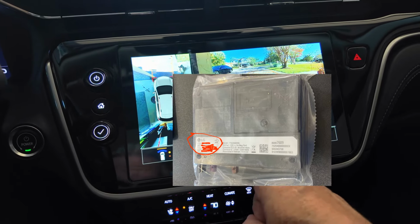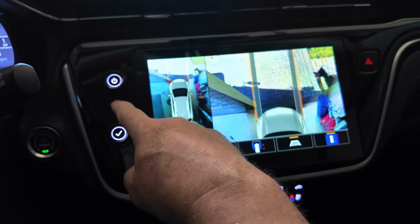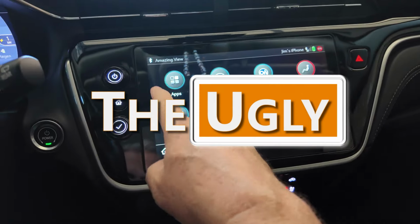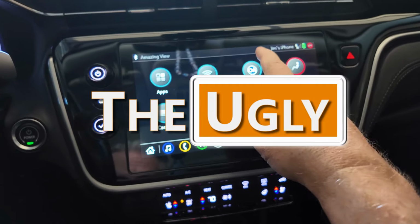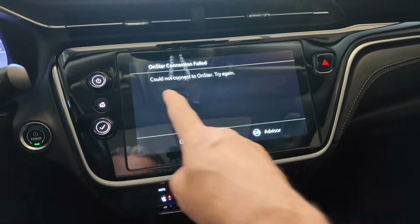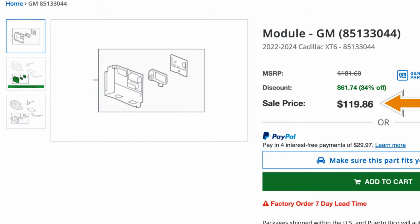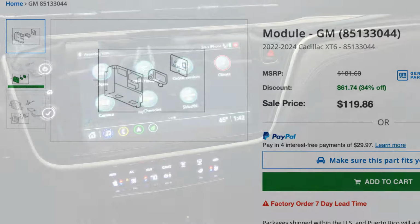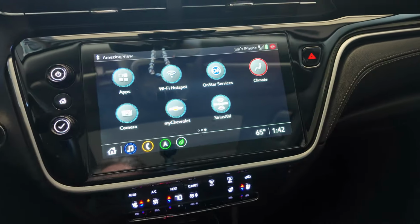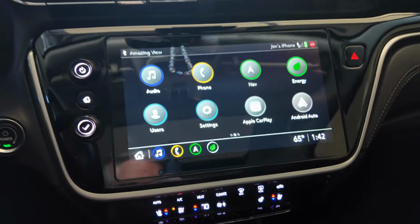And that leads me straight into the ugly. The bad thing is that it failed in less than 50,000 miles. The ugly thing is that it cost like crazy to have it replaced. I really hope someone from General Motors is listening to this, because I'm going to throw up on the screen the cost of this component. And it was under $120 should I have been able to order it myself, which I could not. The suggested retail price, the MSRP, is $181.60, and I could have bought it at a discounted price of